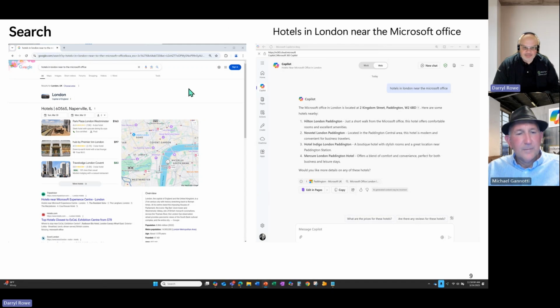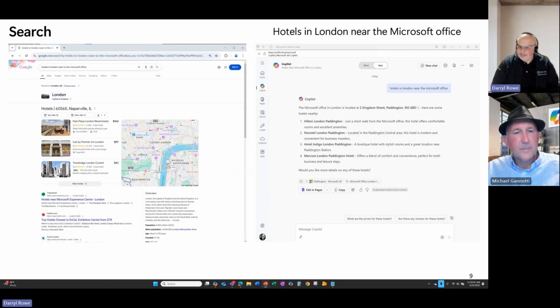So I go into my regular search engine, and I'm not showing you the whole thing, it's just a screenshot. I've got ads. I've got different reviews. It doesn't really help me. I have no clue where the office is, for one. So it's mentioning Covent Garden, it's mentioning Westminster. They're very different parts of London. I mean, London's fairly compact in that regard, but I could still be a couple of miles away from the